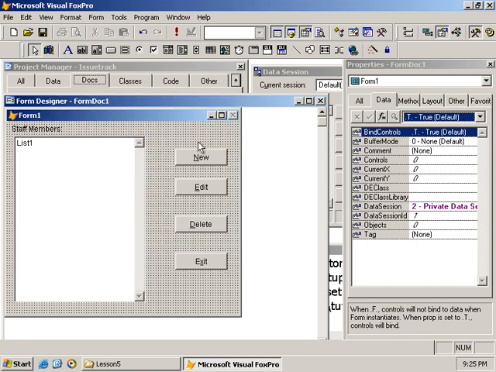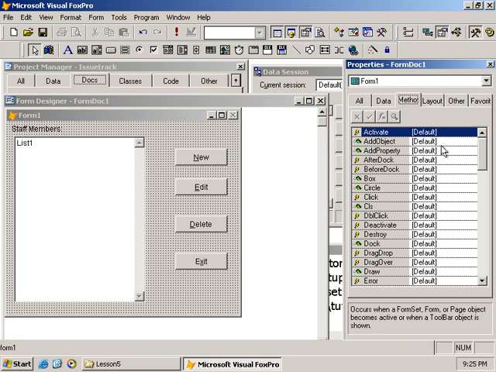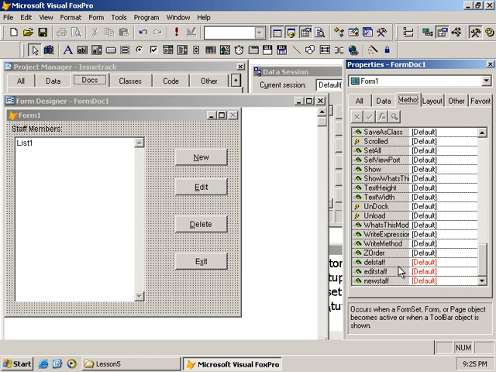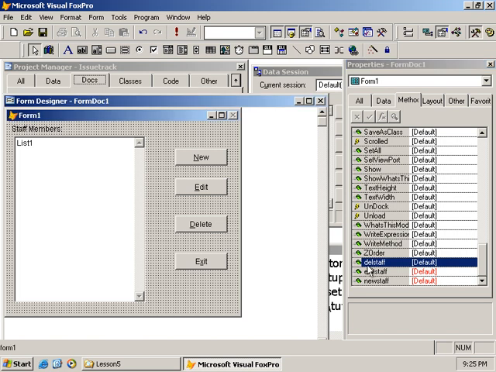Close. So those are custom procedures that I've added, and if I go to the methods tab, scroll down to the bottom, I will see those that I've added, and by default they're in lowercase. Okay, so we're going to add some code to that in a bit, and you'll see the reason for doing this